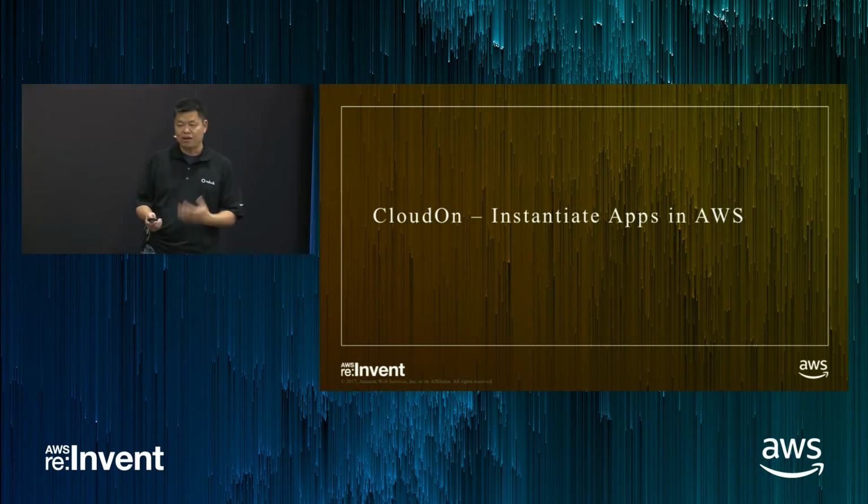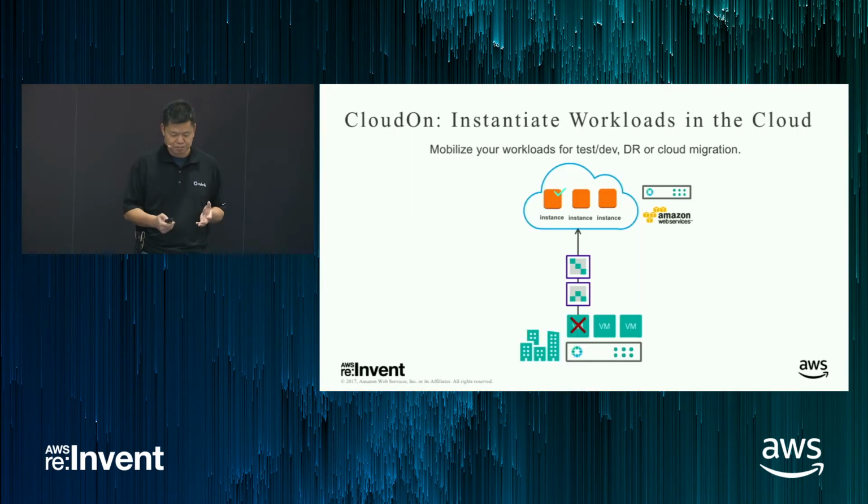So I want to move on to talk about Cloud On, and then to do a very quick demo of how that works in Rubrik. Cloud On is the idea that once you have your backups of your on-premise environment uploaded to S3, let's leverage that data to create a replica, essentially, of your on-premises environment, which you can then leverage for test dev environments,